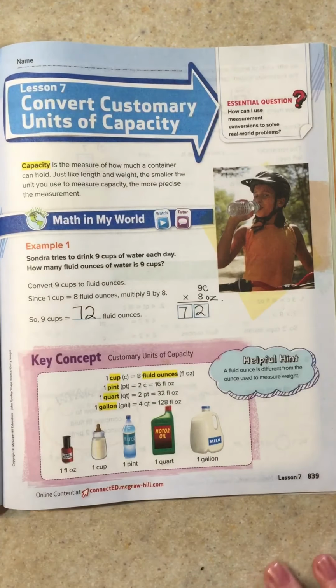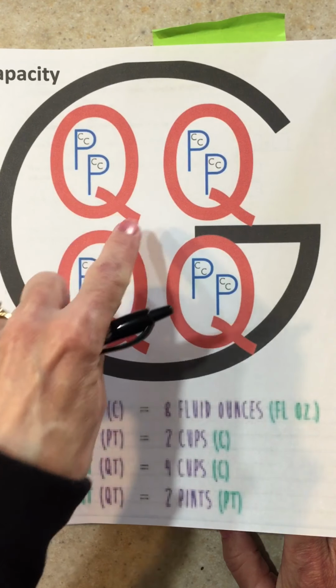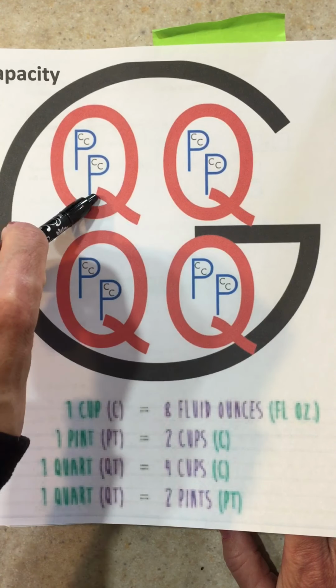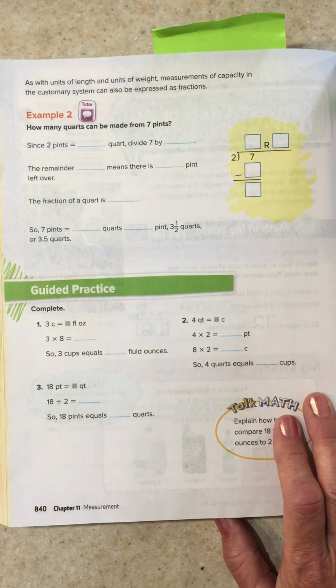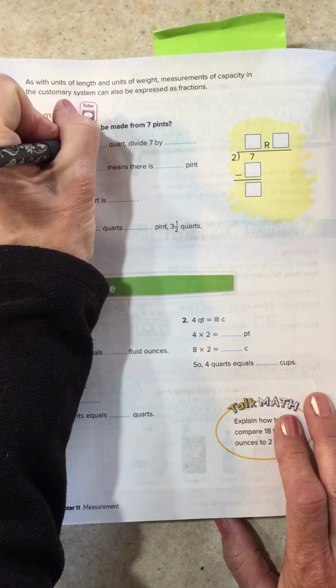Let's look at the gallon land. How many pints are in a quart? Here's a quart with the Q for queen. How many pints are in a quart? 1, 2 pints in a quart. I like that visual. Since 2 pints equals 1 quart,